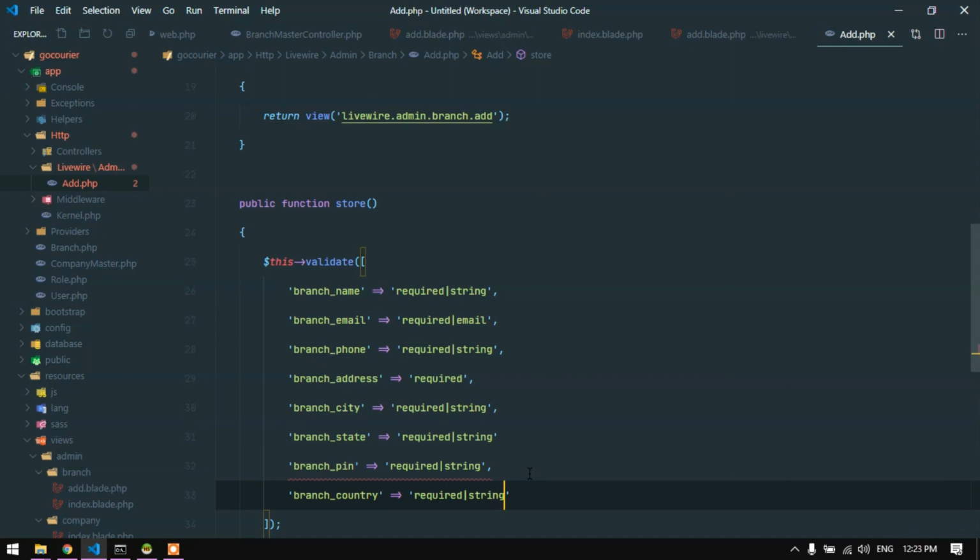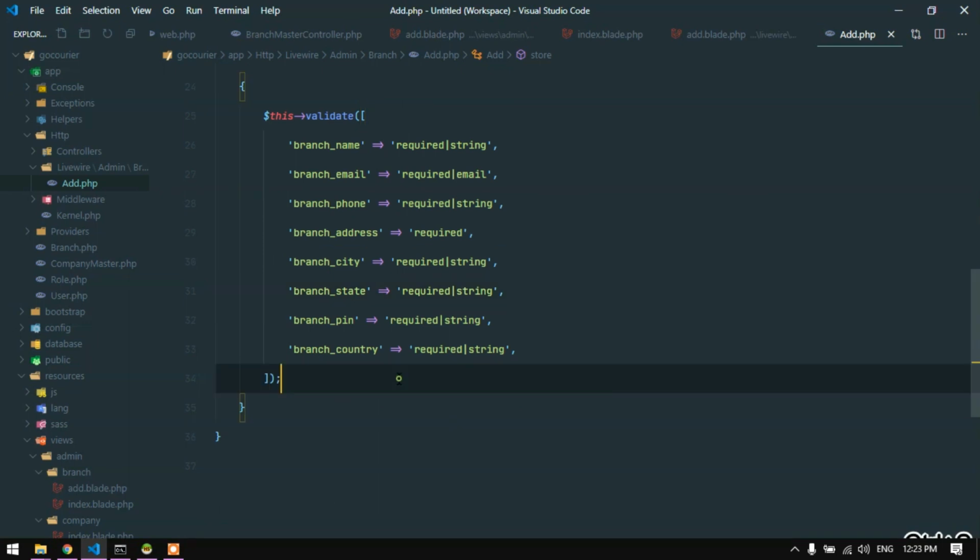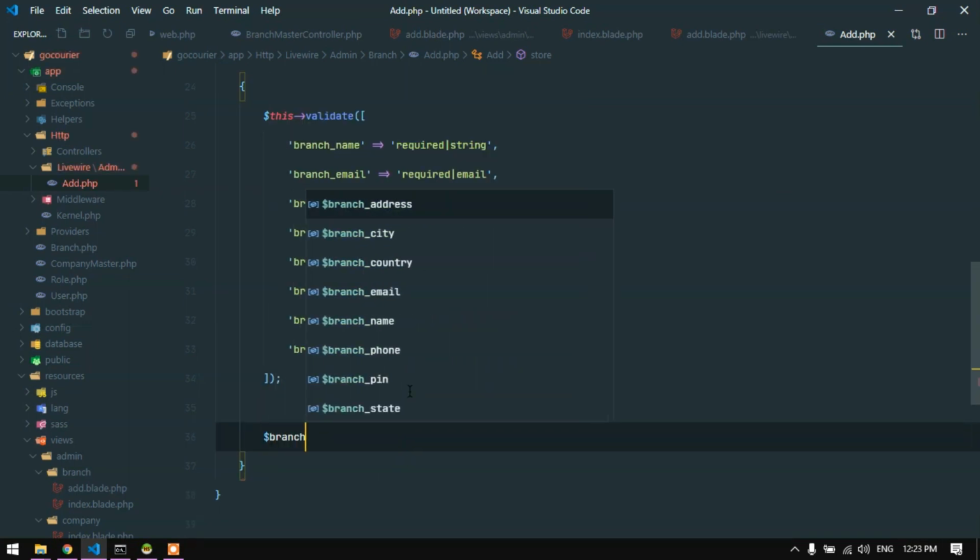Okay, just need to add the commas. Okay, now after my validation is done, what I need to do, I just need to save. So I will create a new object of my model. So branch, new branch. Okay, after that I just need to say